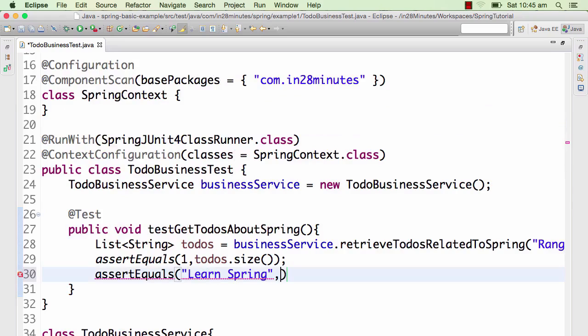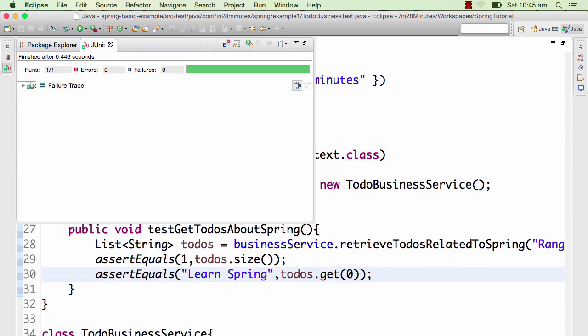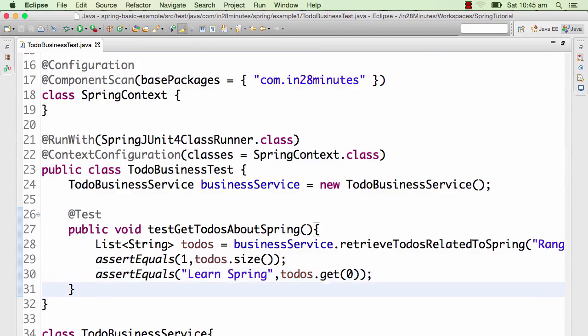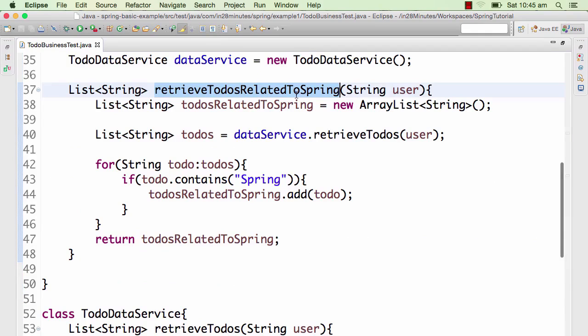Learn Spring, comma, todos.get(0). So the first element in todos should be "Learn Spring". You can do a right click, Run As JUnit, and there you see the green bar. So everything's working fine. So what's happening here is that we are calling the retrieve todos related to Spring, and